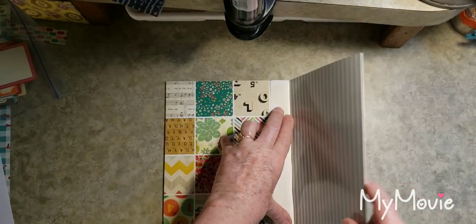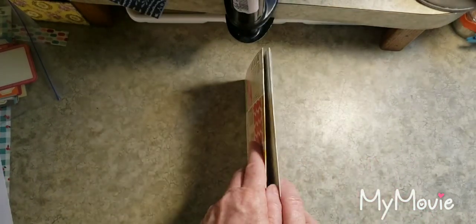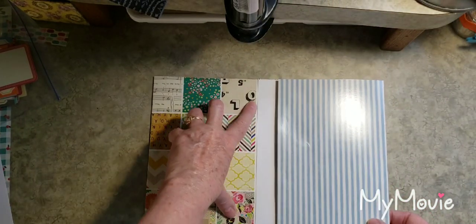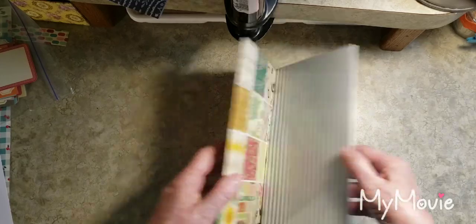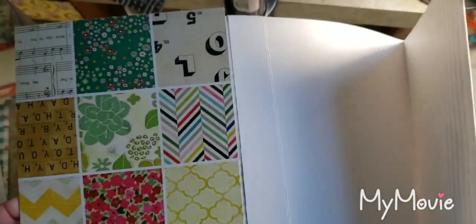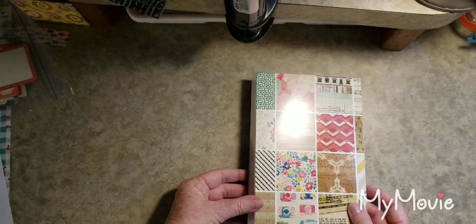Make sure that's clearing. You know, I think I might do a little bit more because see this tiny little gap here? This doesn't quite have it. Let's trim this just a little bit more. Okay, that clears it more. See what I mean? Just want a little tiny gap there. Okay, then